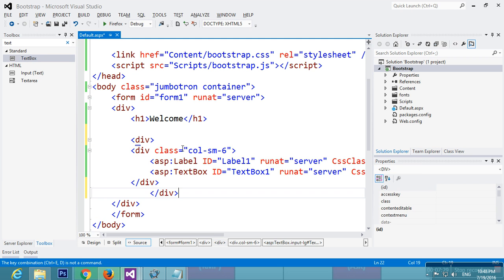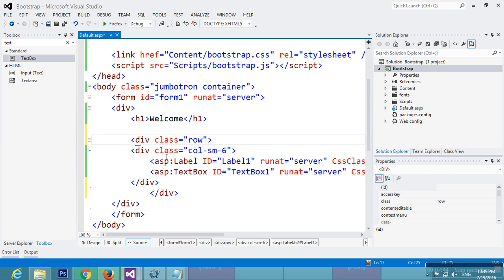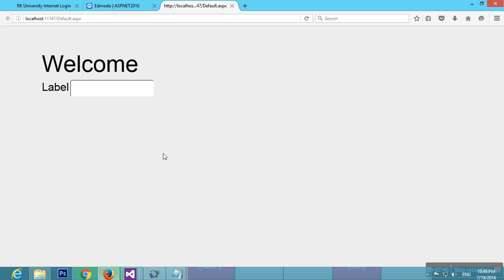So in Bootstrap, one thing to remember is that if you are creating columns, they must be inside rows. So this division, I have given it column of width 6. So the outside division must be a row. So I'll give this a class row like this. Now when I refresh it over here, you won't see the change, but this division, which was initially of the full width, is now of width of 6 columns.